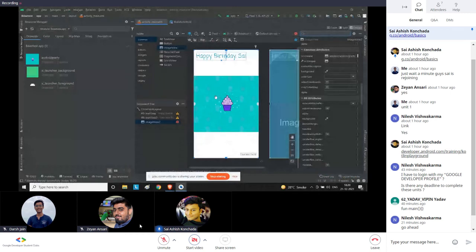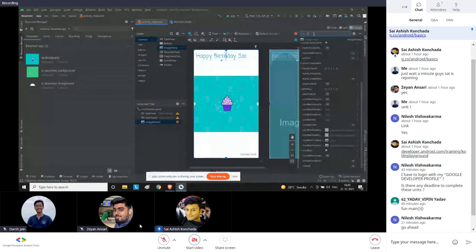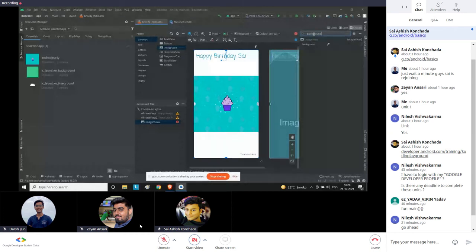Okay, basically you have to place the image, and there's a background type. I guess I missed one step. That's why it's not showing. And after this, you have to keep this on the top. Okay. Now what we have to do is keep this on top so that this text would be visible. When the image enlarges, this text will disappear, and the image will be on the front. So in this constraint layout, you can actually put the layers in order. So image view will go as the background, and happy birthday Sai and your best friend will come above this layer.